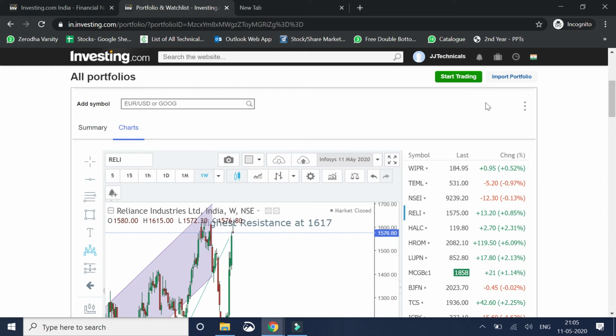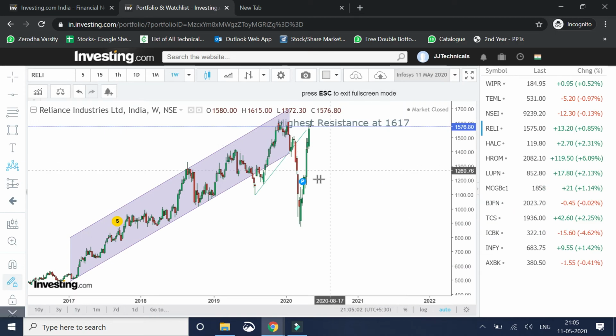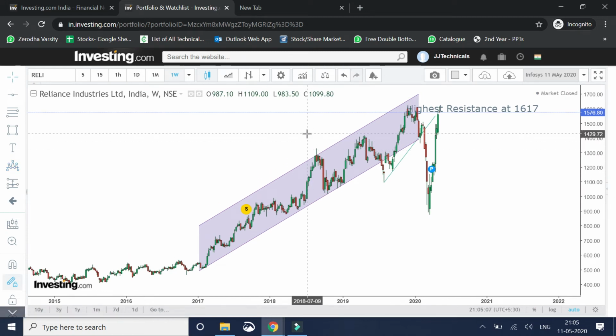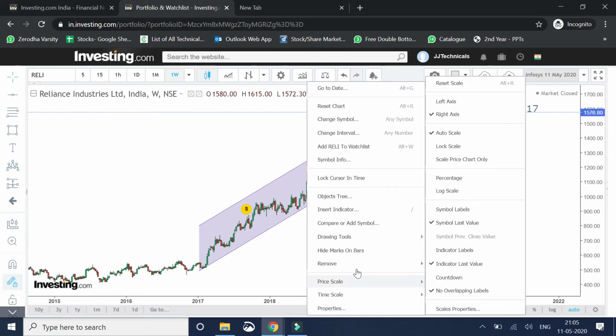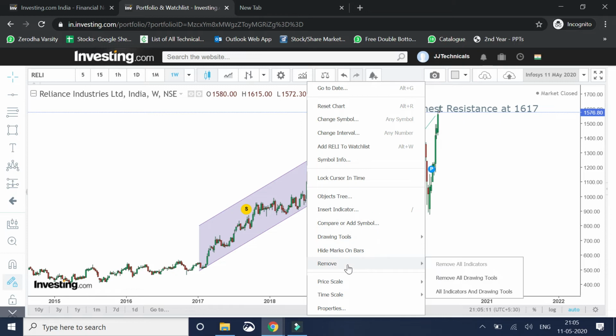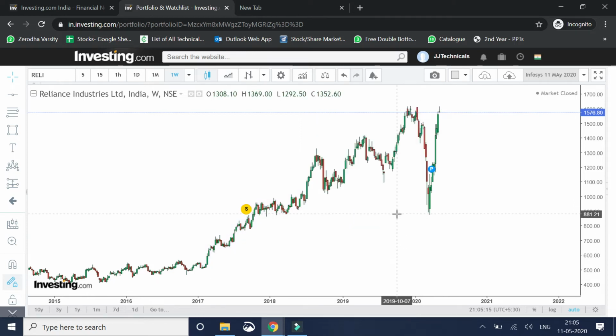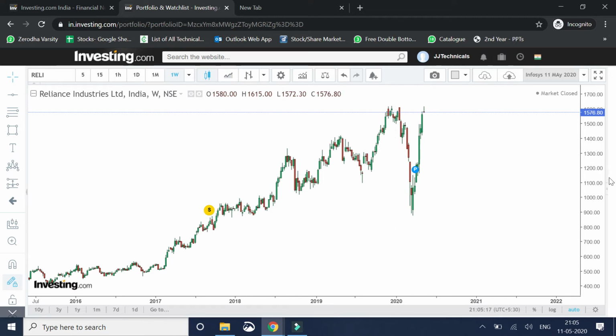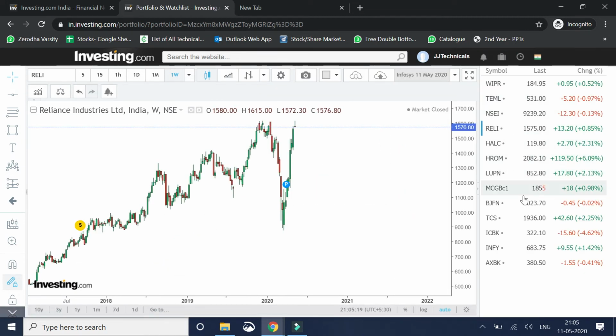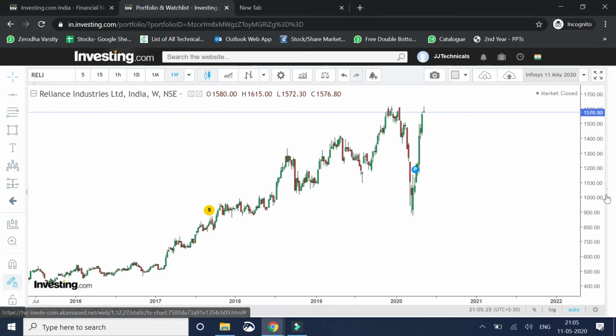Okay, I'm just removing all these things. Let's say in Infosys, I'm not seeing any head and shoulders in Reliance, so I'm just moving on to Infosys.